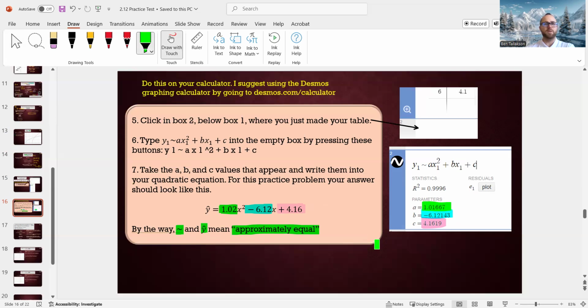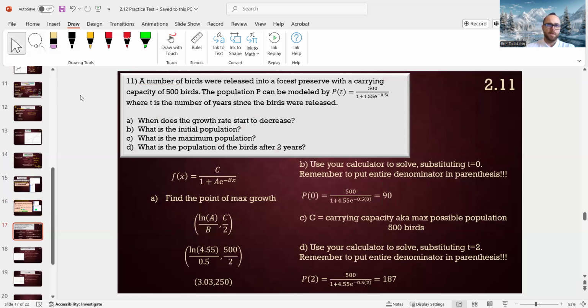So the Desmos graphing calculator will give you everything you need, other than you typing it in, of course. Number 11. A number of birds were released into a forest preserve with a carrying capacity of 500 birds. That carrying capacity means the amount of birds will not exceed 500 based off resources and their environment. The population P can be modeled by the function we see here,